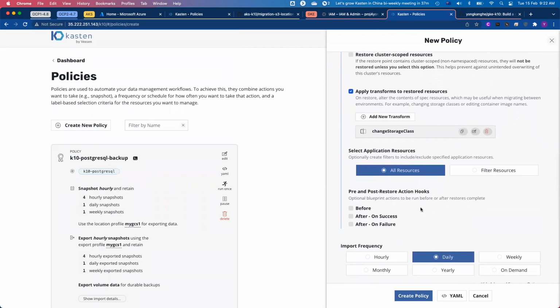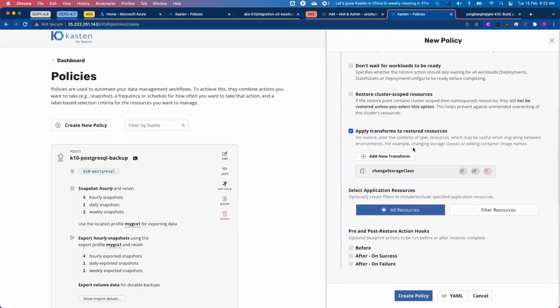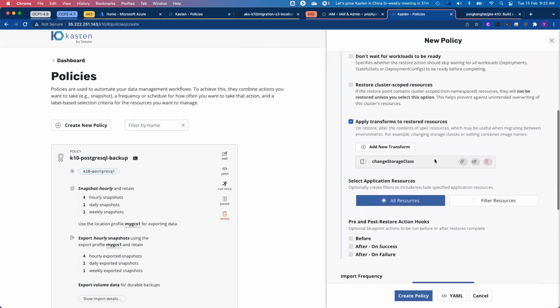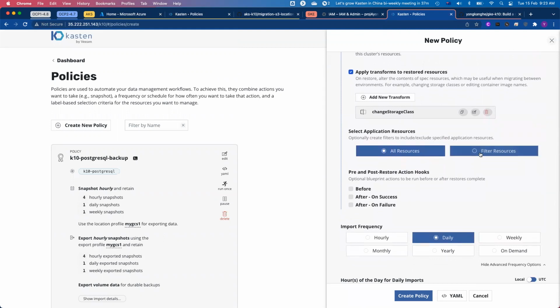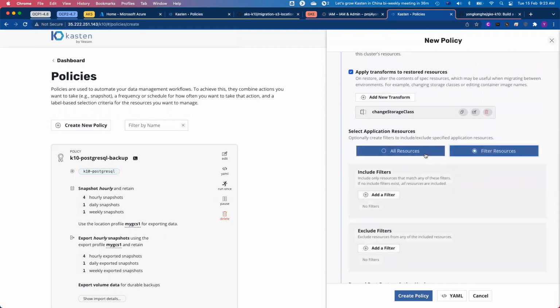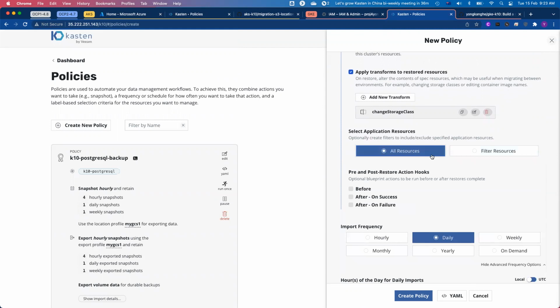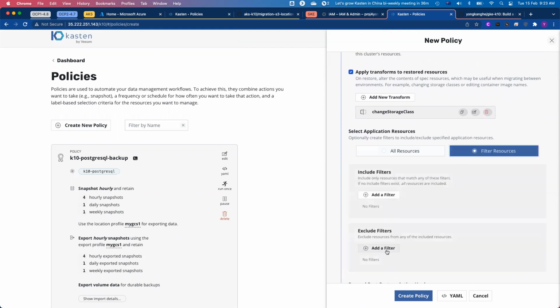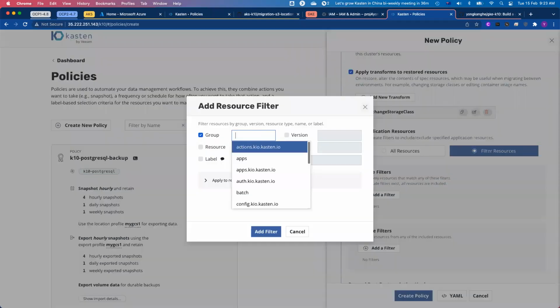So I create the import policy. I enable it to restore after import. I configure the transformation. One more thing: by default, we will restore everything from your source backup. So now, do I really need to restore the storage? Your source